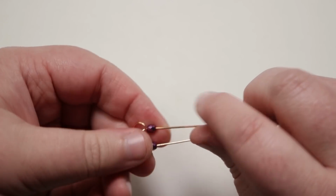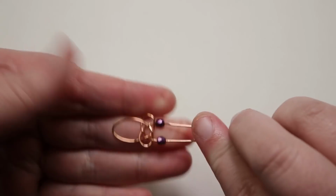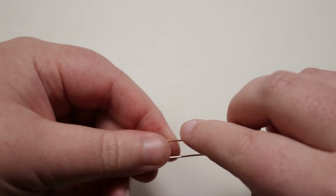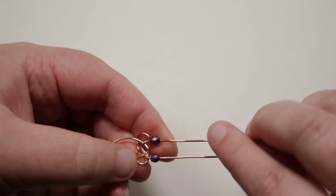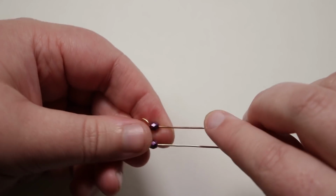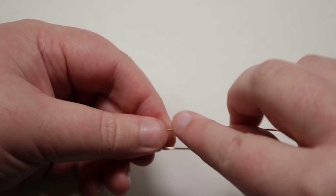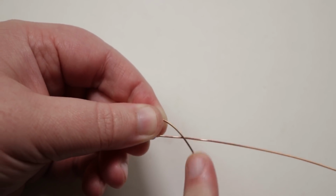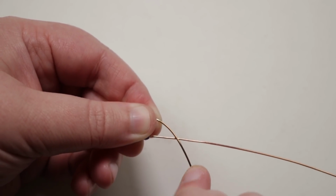Now I'm holding my piece. All there is to this now is basically repeating what we've already done. We made the first knot, you want to start making the next knot in the exact same way. So I personally naturally start with that, in this case top wire with how I'm holding them. Bring that over the other one, and you start making that very first loop,